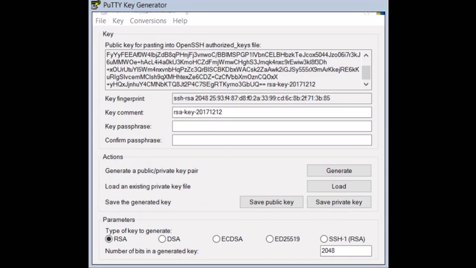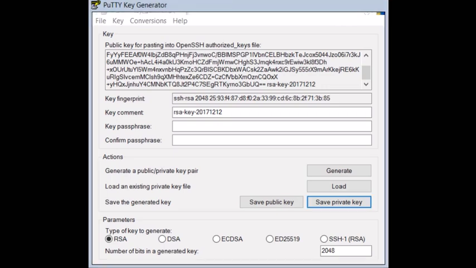So here I have a message you can't see on the screen. I have a message that says that there's no passphrase on the private key, so I'm just going to save it with no passphrase so I can connect automatically.